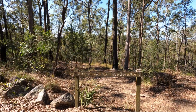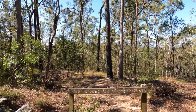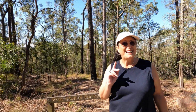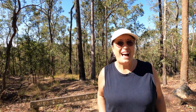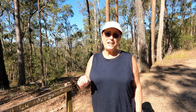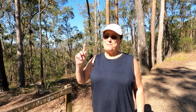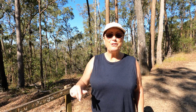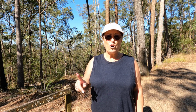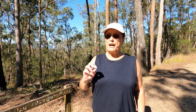This area is closed for revegetation, so they must be growing some more trees or something here. Well, let me tell you, yes, another interesting fact. They are planting 2 million trees as part of a project for the revegetation along here. Now, I must also tell you that Mt Coot-tha used to be called One Tree Mountain, or One Tree Hill, I think it was called. And that was because back in